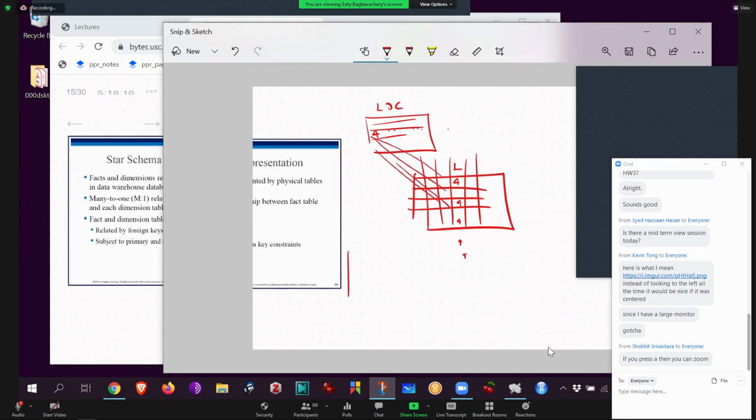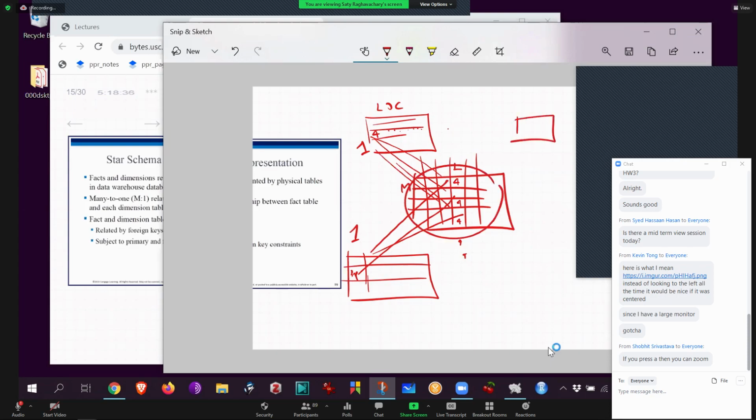Likewise, you also have a product dimension, and so all kinds of products. And so maybe this is paper products. So that paper product can be bought by this person, can be bought by this person, can be bought by this person. So therefore, they're all one to many. One row can participate in many rows in the main fact table. It's called the fact table.